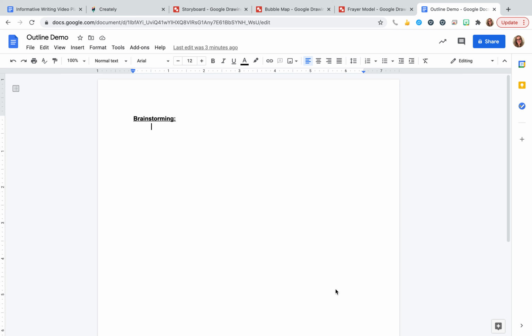Let's say that I've chosen to write my essay about mini Aussies. You guys know my cute puppy that I got at the beginning of the year is a mini Aussie. And let's say that I consider myself an expert on mini Aussies, and I'm going to write my informative essay about how many Australian Shepherds need a lot of exercise. Okay, so I'm going to start brainstorming and just talk about what happens maybe when my dog doesn't get a lot of exercise. So when Ryder doesn't get a lot of exercise,